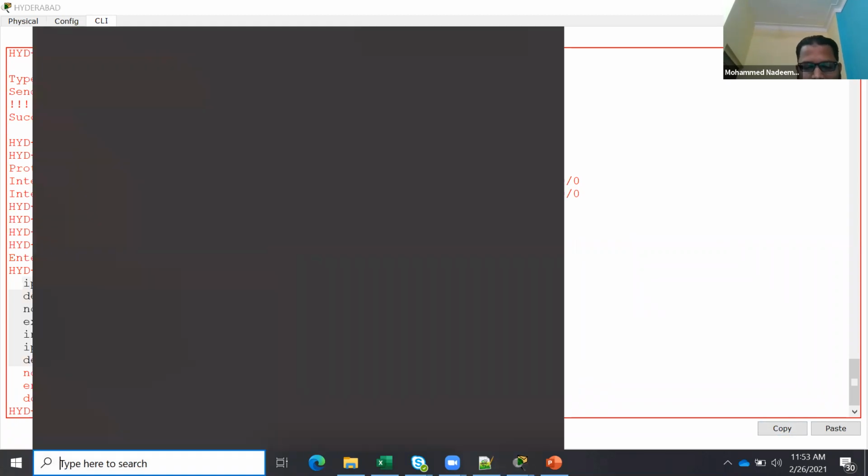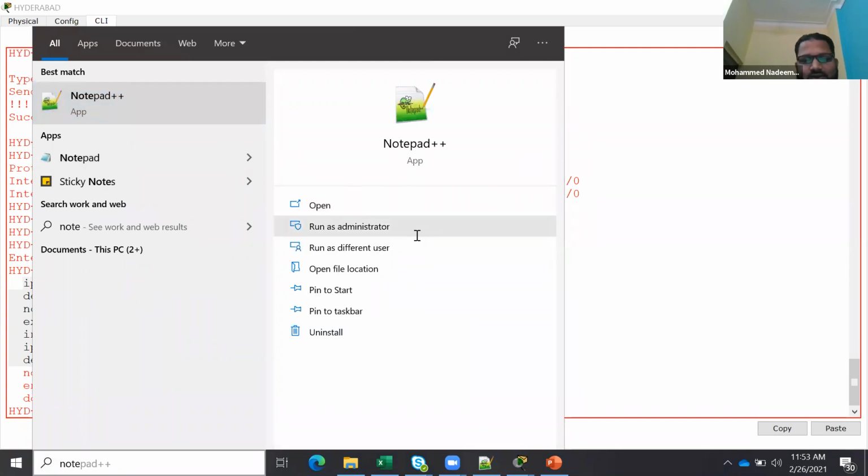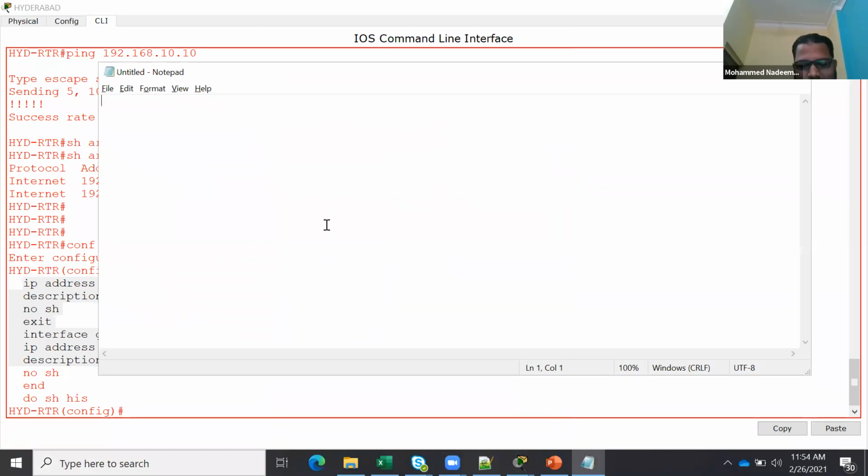So don't start this practice in a start. Try to use manual work only. I'm trying to save my time. So now, first, for the Bangalore router, I'm going to config terminal, and I'm going to say hostname Bang